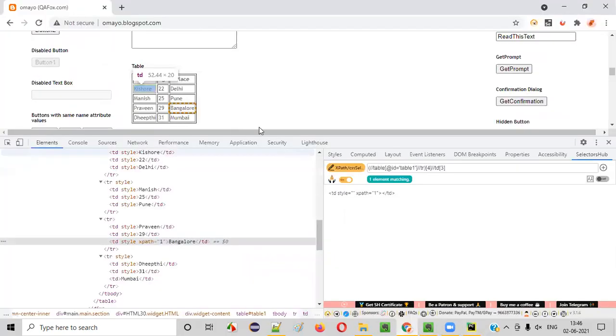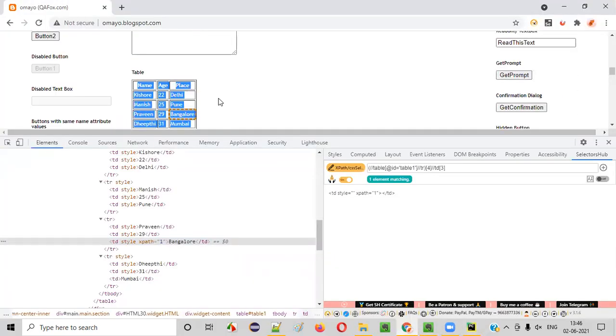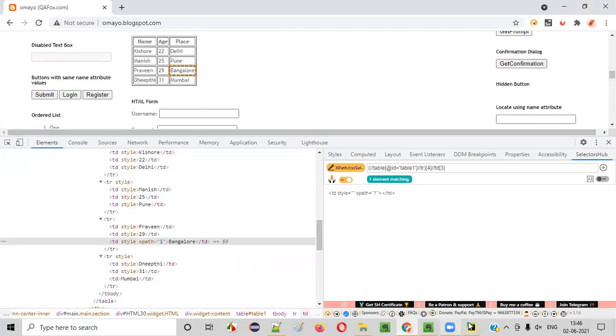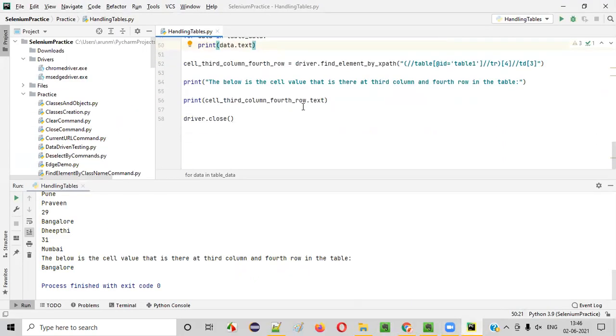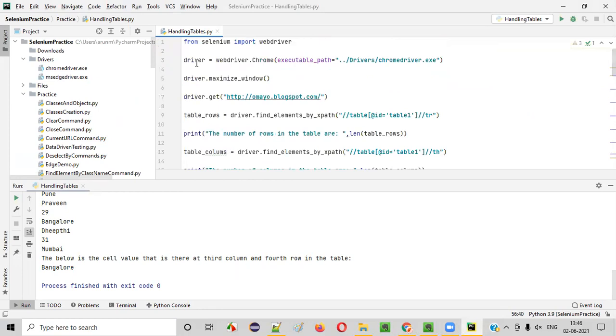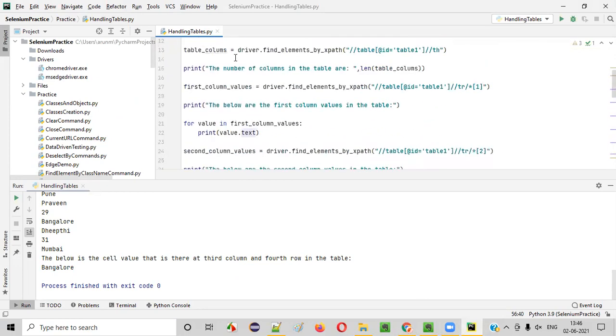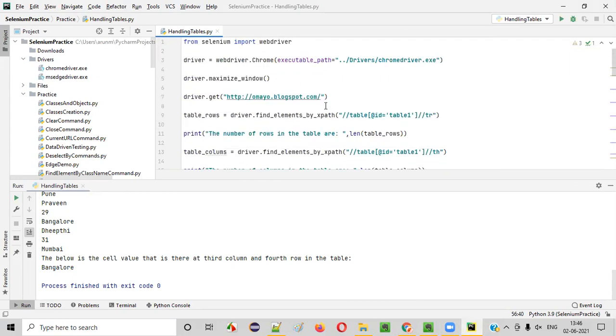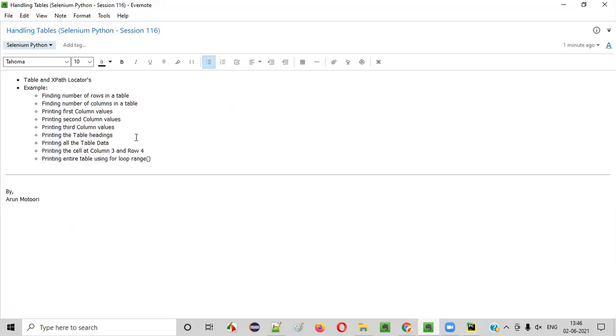What do I have to do for that? I'll be using two for loops. Maybe I'll take another file, guys. I'll share you these notes.